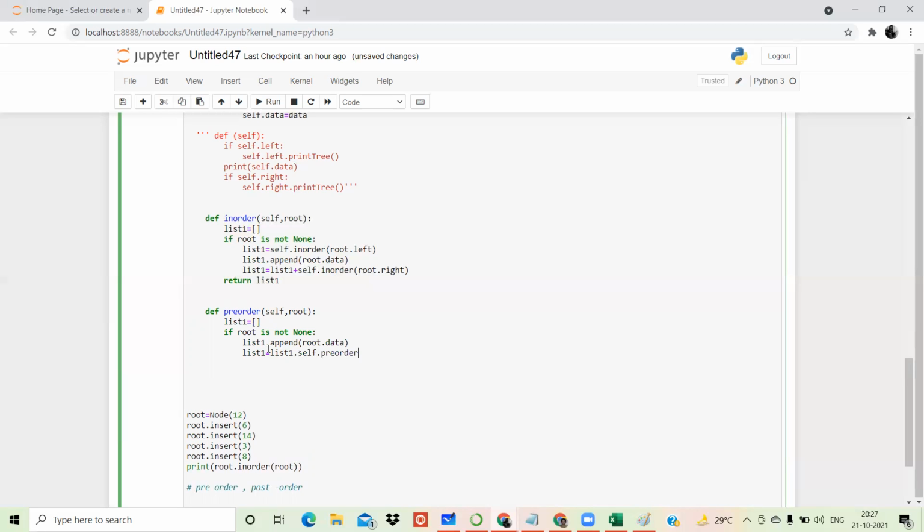We'll call the function again, and here we'll pass root dot left, and जो भी result आएगा, we'll say that list 1 is equal to the previous list 1, जिसके अंदर already root and left added है, उसके अंदर will add the self dot pre-order, but this time all the elements which are present towards the right of that root, and finally, return list 1. This is the code for pre-order.